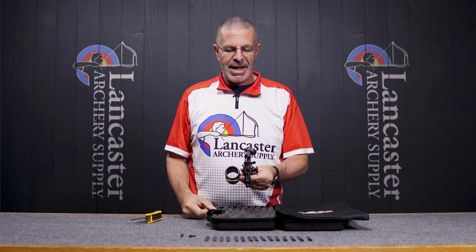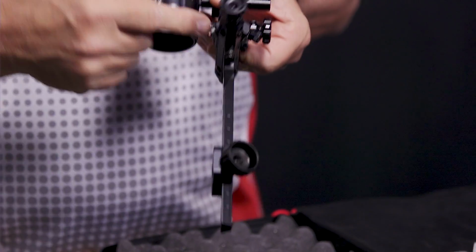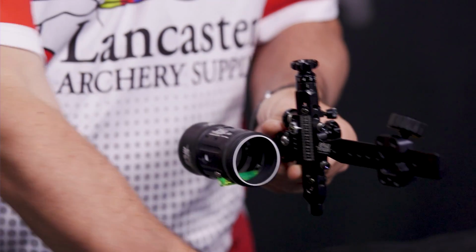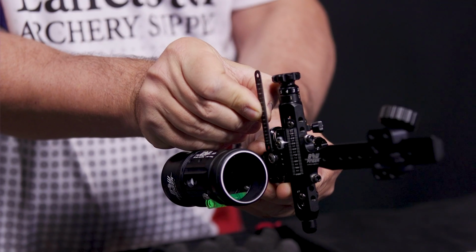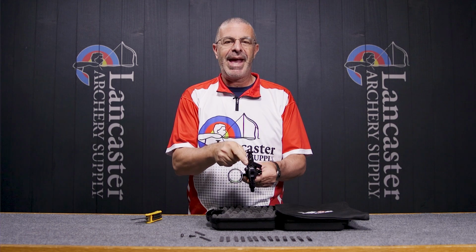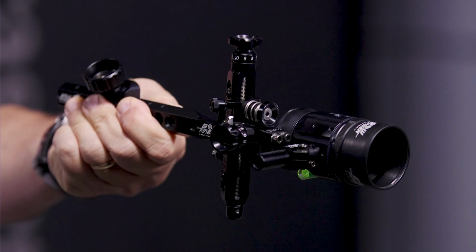Going back to the sight tapes for a second, I wanted to point out that you can see these sight tapes are angled back towards you. On a lot of sights, it's just perfectly flat. So the sight tapes sit that way, which means if you want to look at the sight tape, you have to turn the whole bow sideways to be able to look at it. But by angling the sight tapes back towards the archer, I can mostly see it from my position behind the bow,